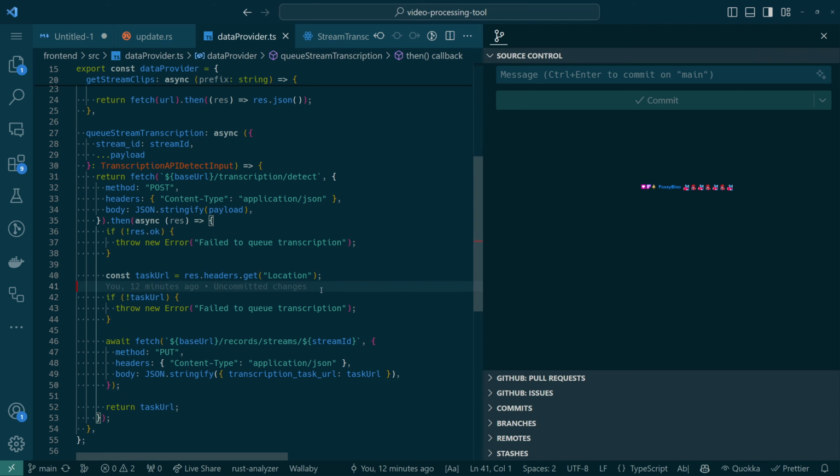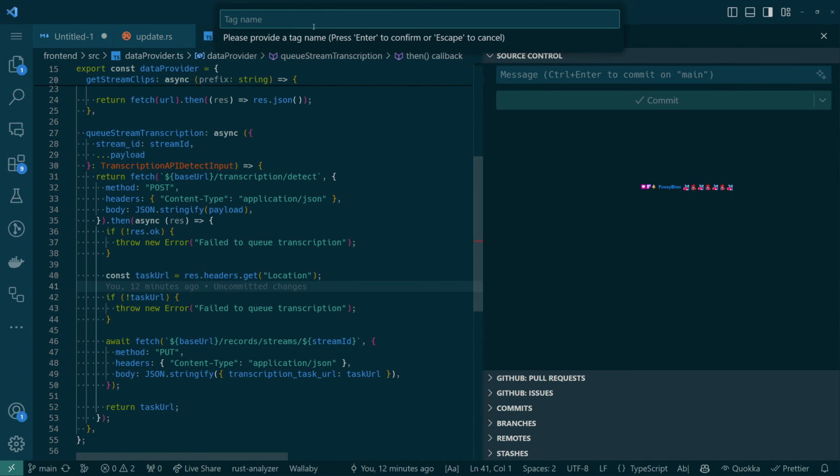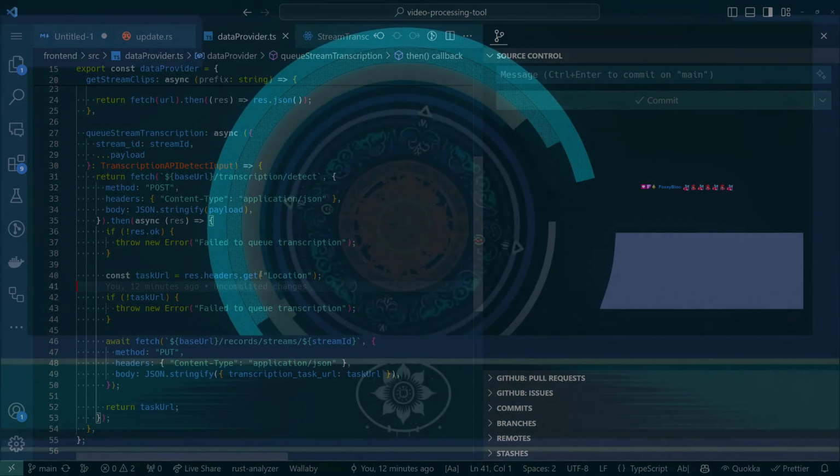Okay, so I'm going to do one last thing before we wrap up, which is Control-Shift-P, create tag. This is going to be 2024 0114 stream. I think that's how I've been doing these tags. Same message. That way we can have a bookmark of what happened